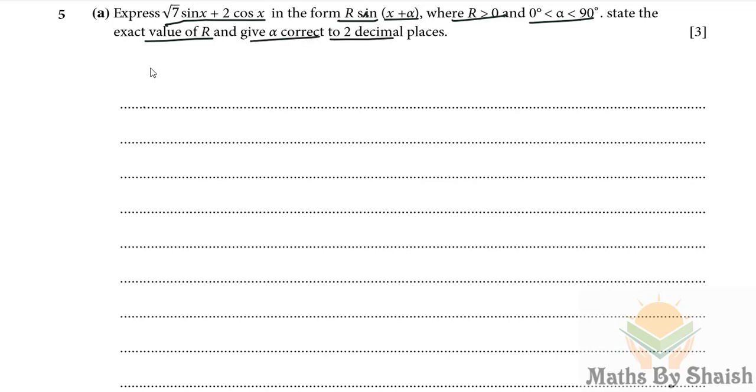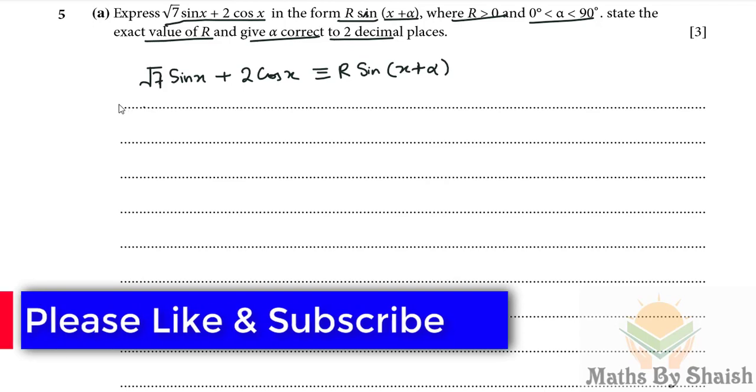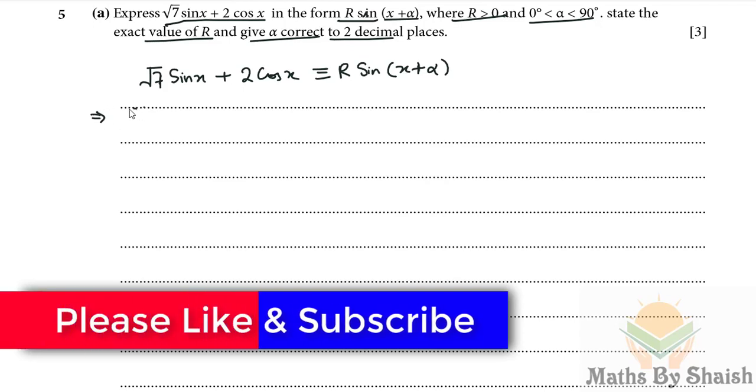So we need to express root 7 sine x plus 2 times cos x in the form of r times sine of (x plus alpha). It is going to be sine of (a plus b), and we know sine of (a plus b) is sine a cos b plus cos a sine b. So we can write it as sine x